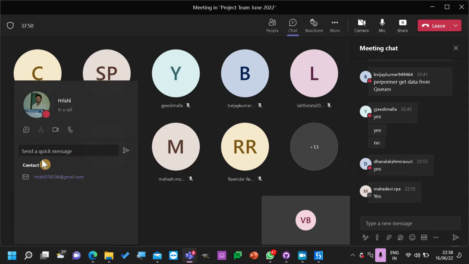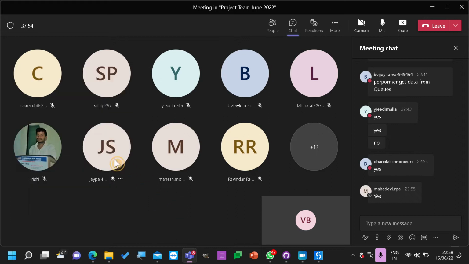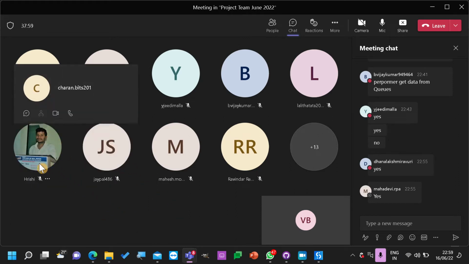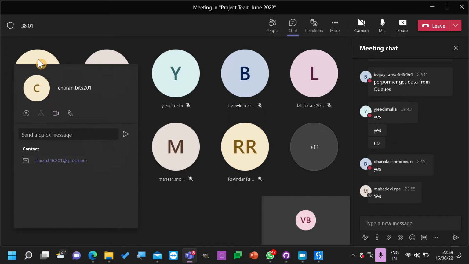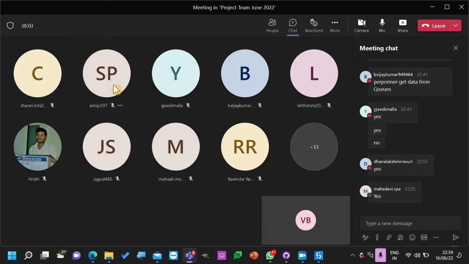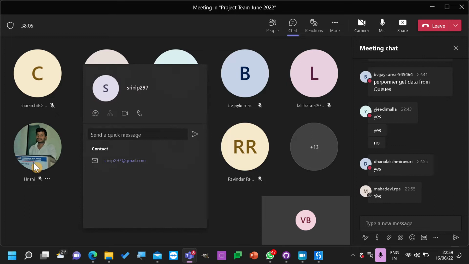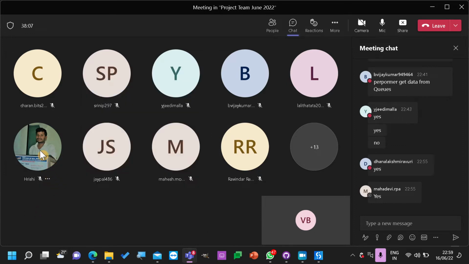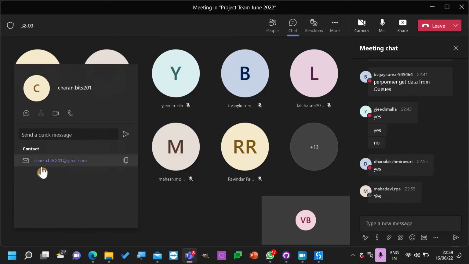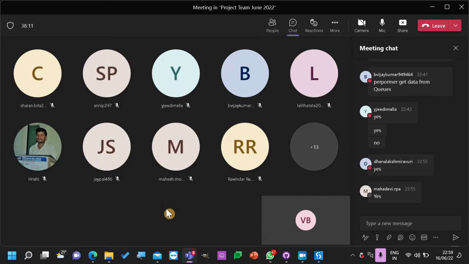Rishi completes it earlier, within 10 seconds, before Charan completes his. Rishi will not wait for Charan to complete. He will go to the orchestrator queue again, get a new item, and complete it. So irrespective of what the other bots are doing, one robot will only try to get a queue item from Orchestrator.